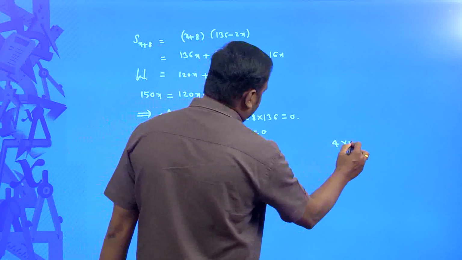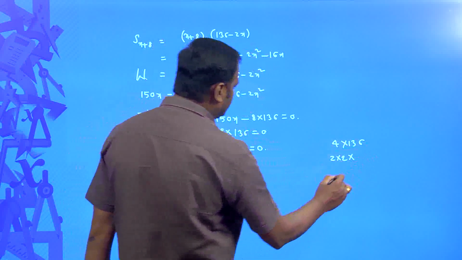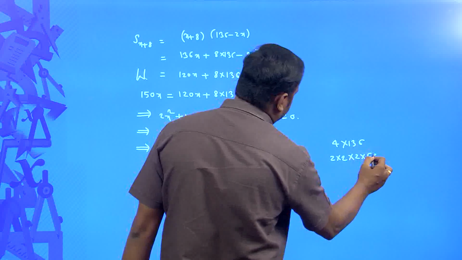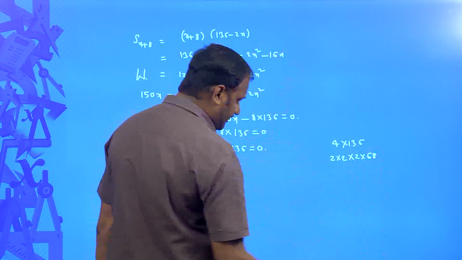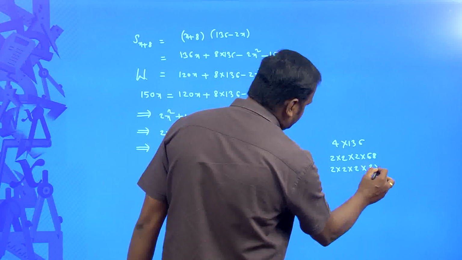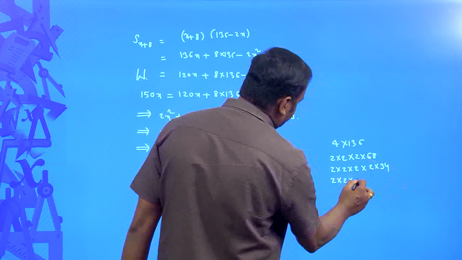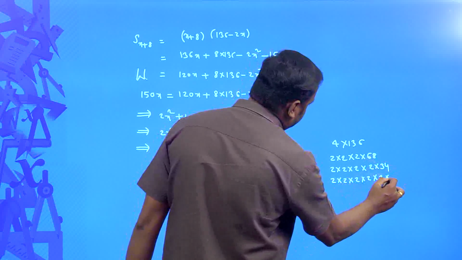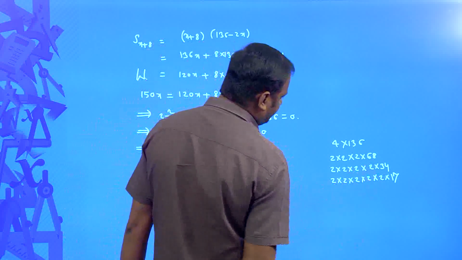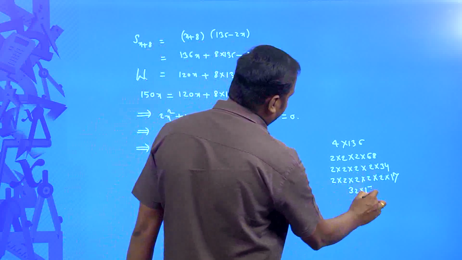So, 4 times 136, 4 can be written as 2 into 2, and 136 is equal to 2 into 2 8s are 2 6s are 12, 2 8s are 16, and then 2 into 2 into 2 into, this is 2 3s are 6, 2 4s are 8, okay. Again 2 into 2 into 2 into 2 into 2 into 17. Now, once you observe 1 2 3 4 5, so 5 twos is nothing but 32, and 17. What is 32 minus